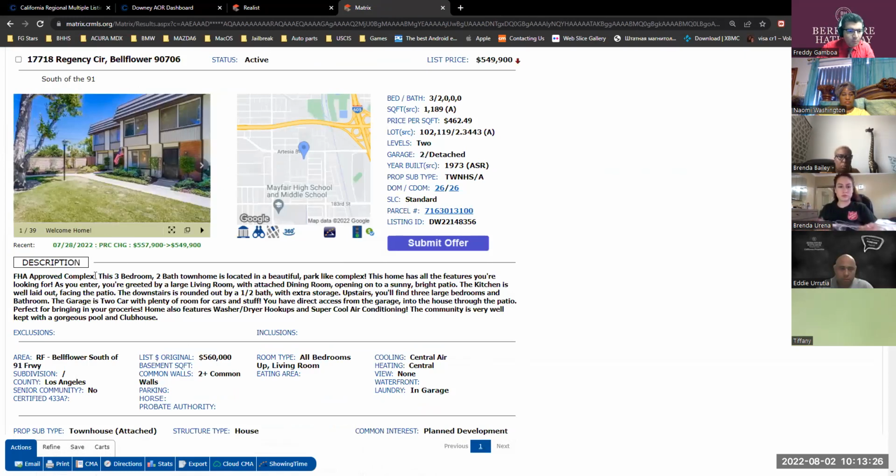Now, what does it mean when it says FHA approved complex? Does anybody have an idea? What does that mean? That the buyer who is using an FHA loan can purchase the product. Correct. Yes. Keep in mind that for a community or a complex, or when it comes to townhouses, condominiums, or communities like that,